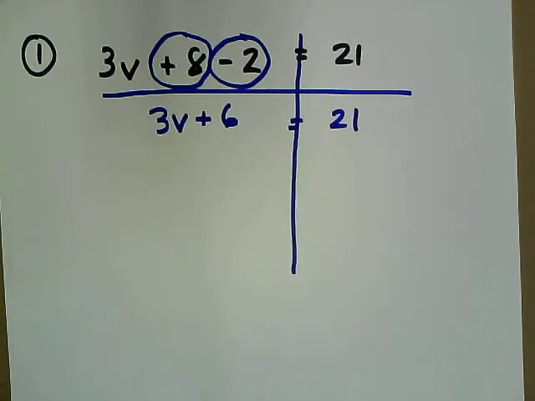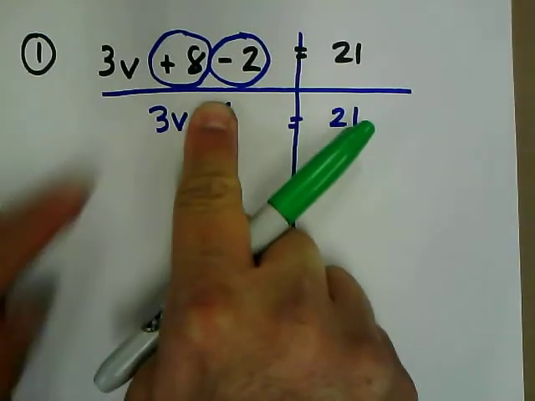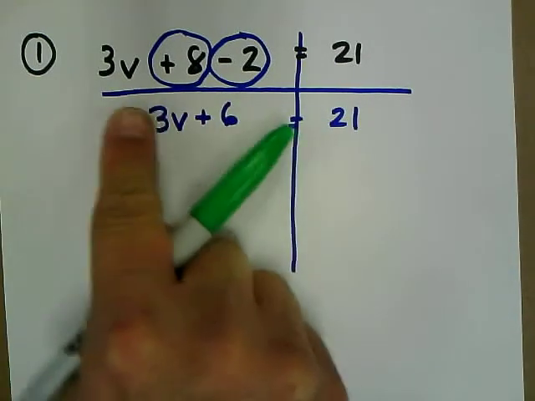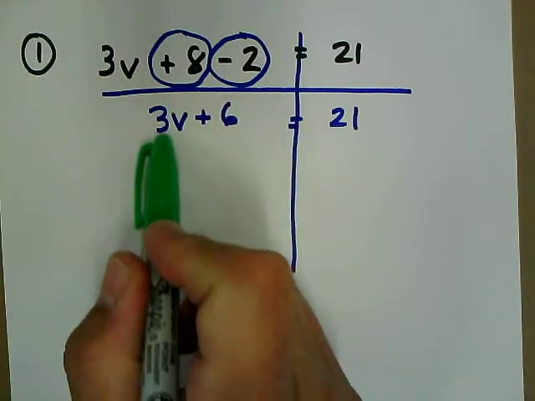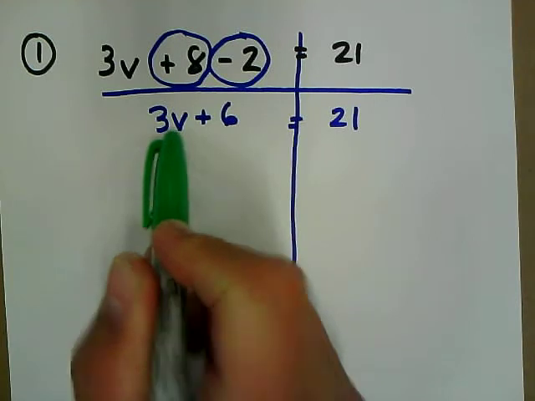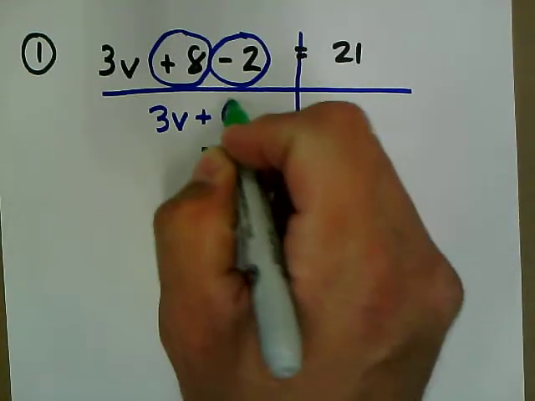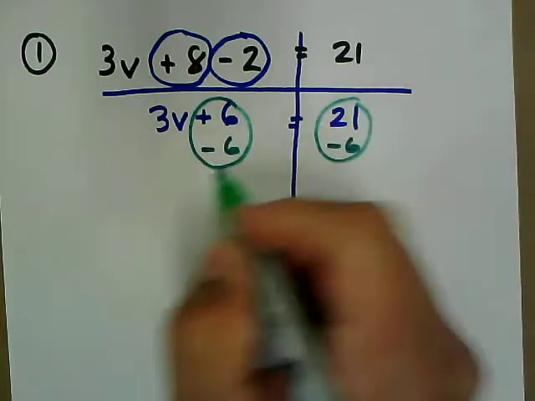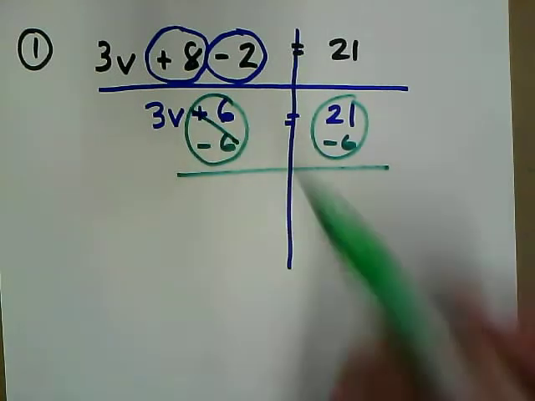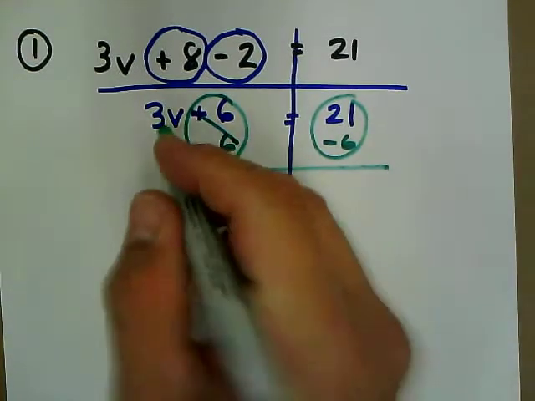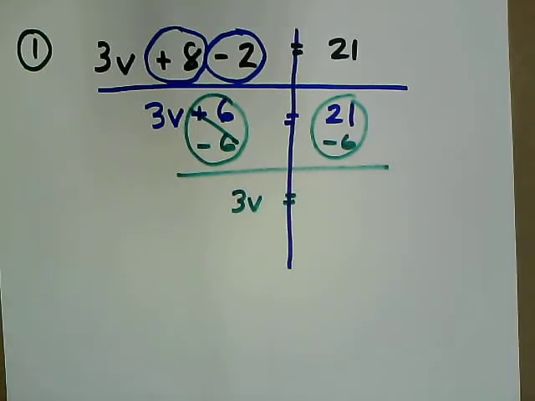So if you want to look in there, again, which one is added to the v? Well, I can either start covering up numbers. That's 3 times v. If I cover up the 3, that's v plus 6. Or you can just say that 3 is attached to that v. Therefore, that's the very last thing I'm going to do. So since it's plus 6, we are going to subtract 6 from both sides of the equation. Our opposite operations, the plus and minus 6, disappear. We're left with just the 3v. And 21 minus 6,